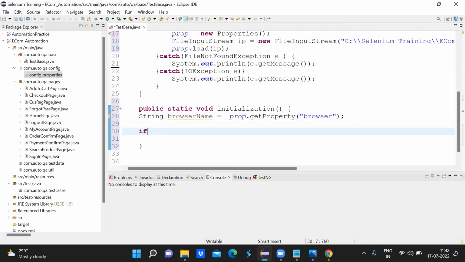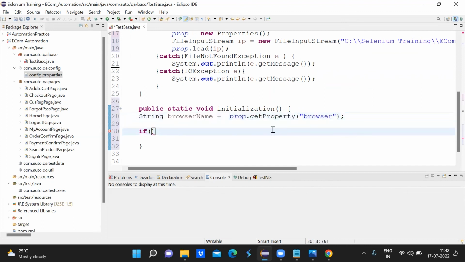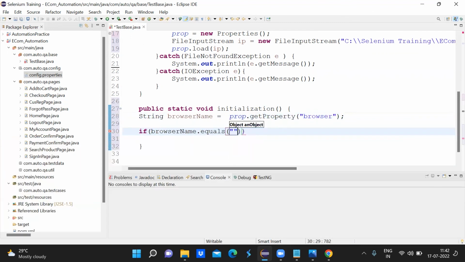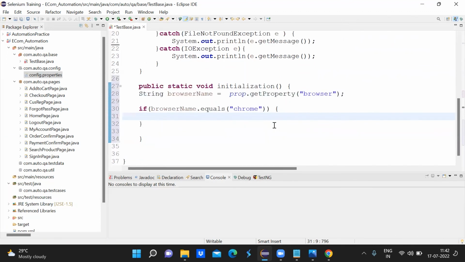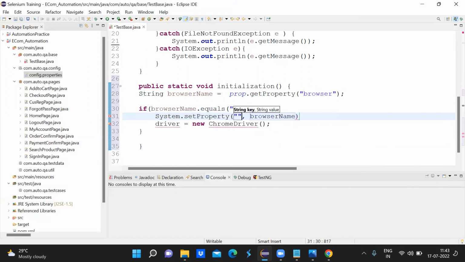So we will be using the same logic which we have used for parallel testing. So if my browserName dot equals, let's say Chrome, then I will initialize the property for Chrome. So driver equal to new ChromeDriver, and before that I will have to define the system properties. System.setProperty